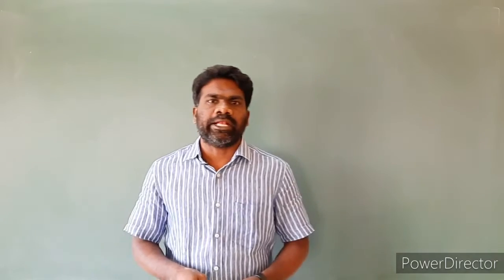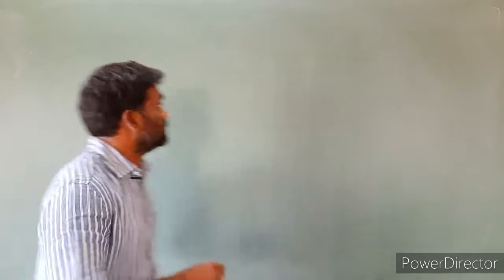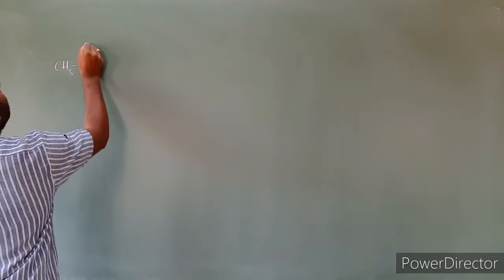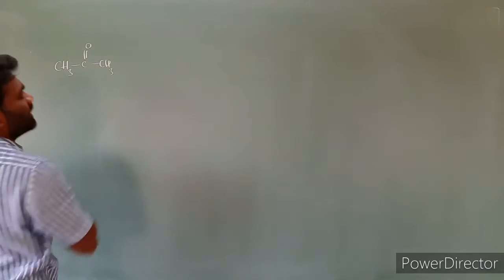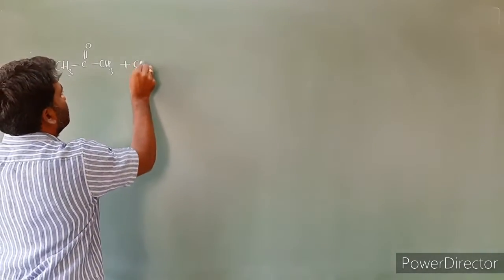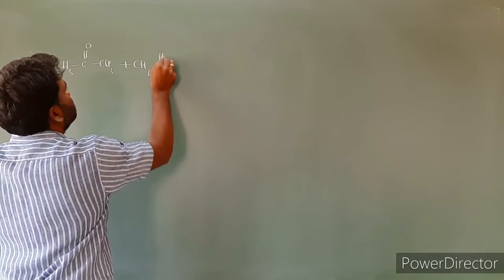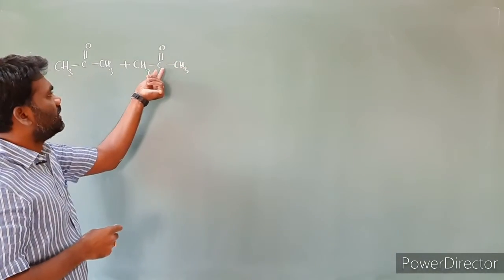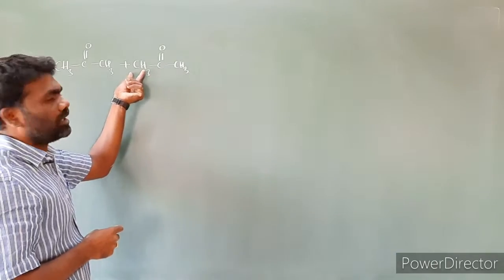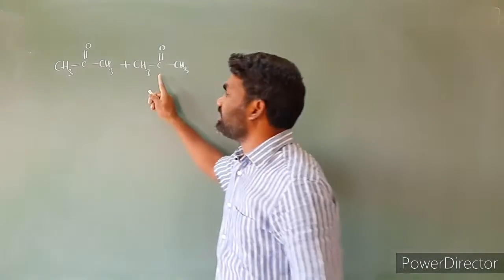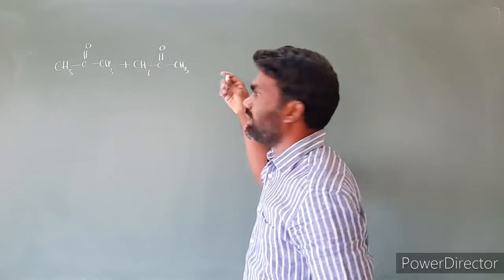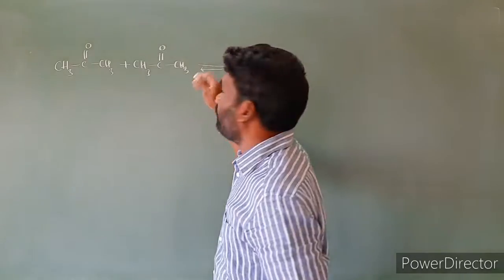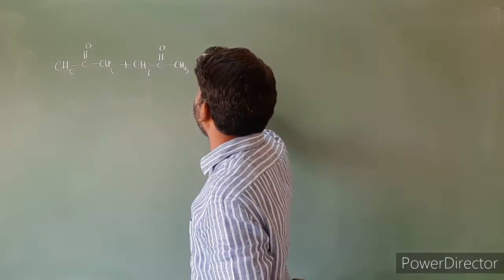Next, I am taking a ketone as another example for aldol condensation. I am taking a ketone, nothing but acetone, CH3, C double bond O, CH3. Then I am taking another molecule of the same, CH3, C double bond O, CH3. These compounds have alpha carbons; the next carbon is the alpha carbon. So when aldehydes or ketones having alpha carbon undergo reaction in presence of alkali, what alkali do we take? I am taking barium hydroxide.